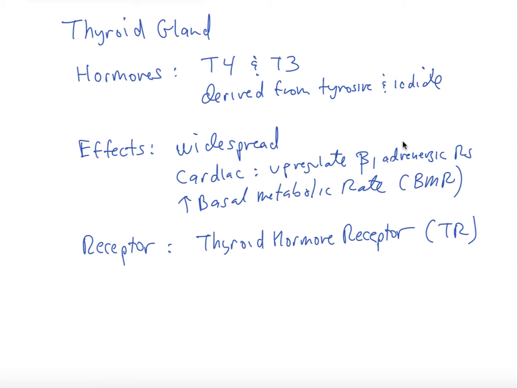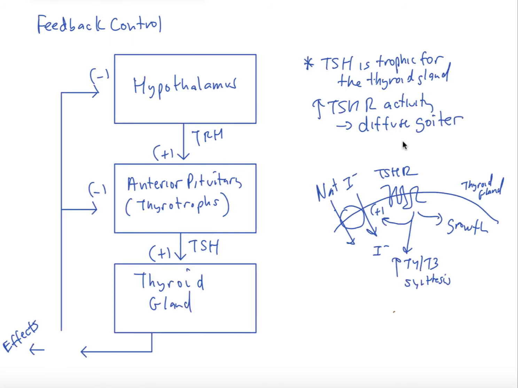see. The receptor for thyroid hormone is the thyroid hormone receptor, which we can abbreviate TR, and it is an intracellular receptor that is sitting in the nucleus because it does not bind heat shock proteins. And there, thyroid hormones, when they go and bind to that receptor, that's how they exert those genomic effects that we were talking about. When we talk about the feedback control, we have the hypothalamus and its release of thyrotropin